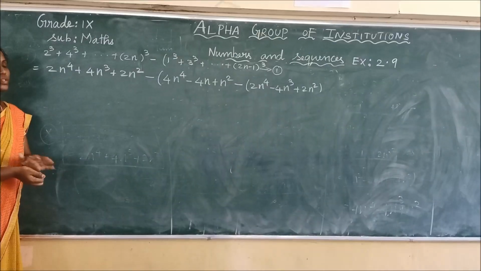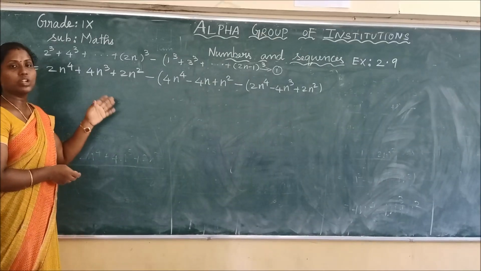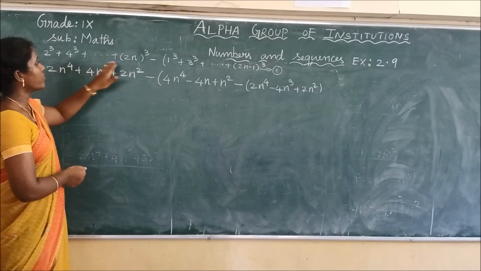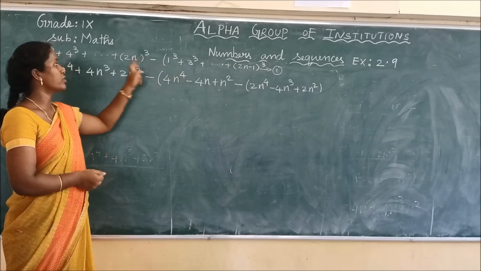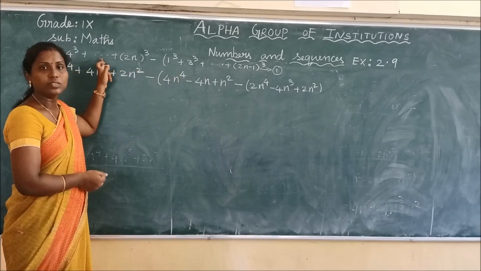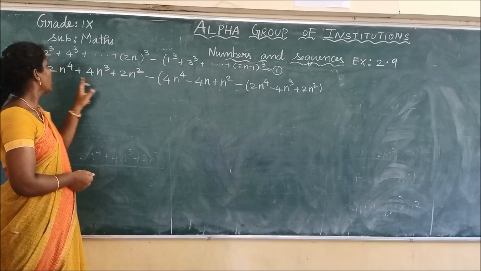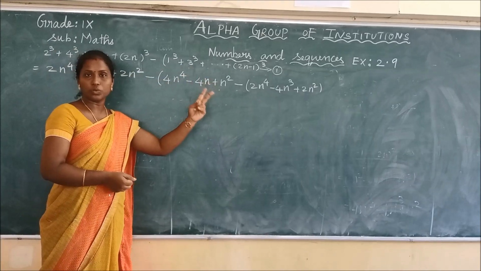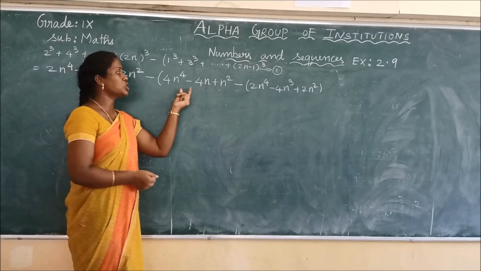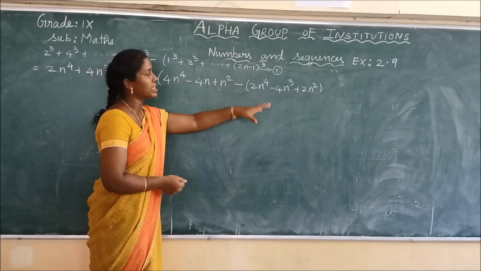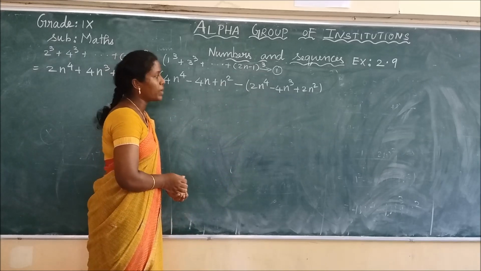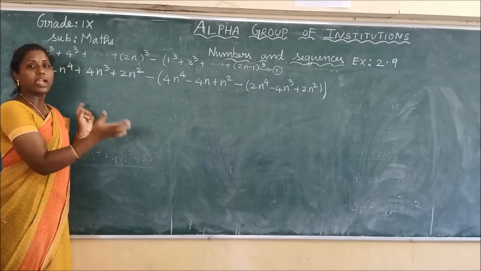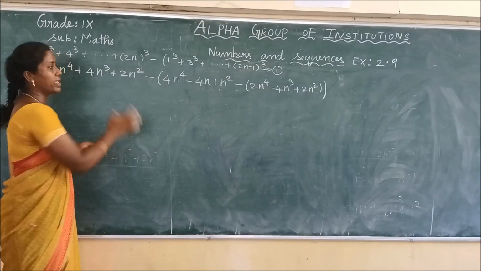Okay, so see children, this is a big problem. Actually we have solved for equation 1 already, so I wrote just the equation 1 here. For equation 1 we framed the equation for the first two sets of series. For the first series we got the answer as 2n power 4 plus 4n cube plus 2n square. The second set of series again segregated into two series, and we got the answer for the first one as 4n power 4 minus 4n plus n square and the second one as 2n power 4 minus 4n cube plus 2n square. I just wrote equation 1 and substituted whatever values we got here.